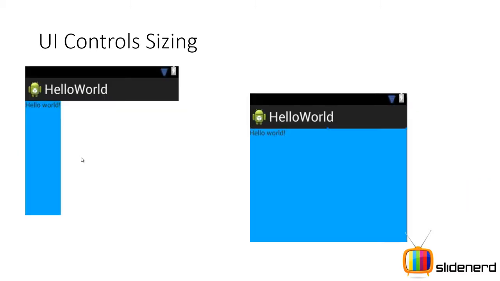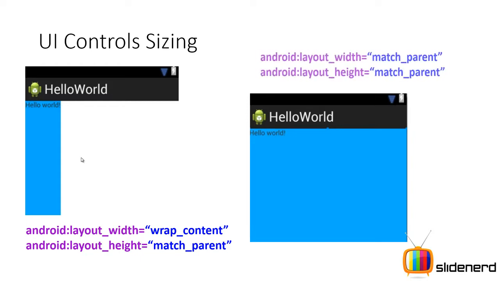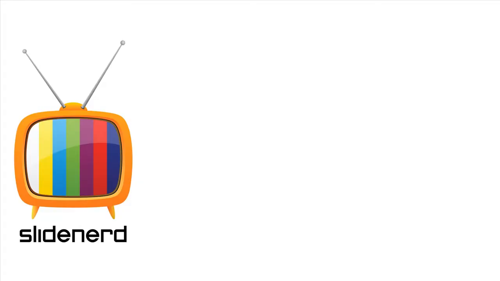And then there are two more cases. You can have your width as wrap content, as you guys can see, and your height is going to be very greedy. It's going to say I need all the height on your screen. So you can say that by saying height is match parent. And last but not the least, you are extremely greedy and you say I want full space. Match parent, match parent. So I hope you guys understood something out of this.